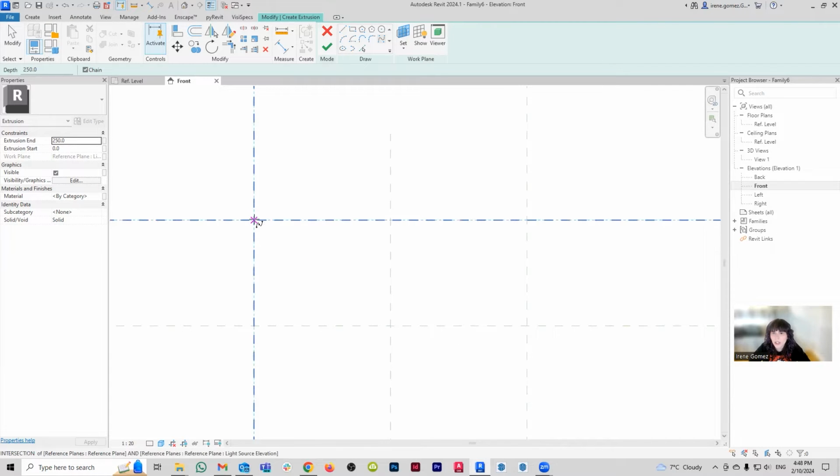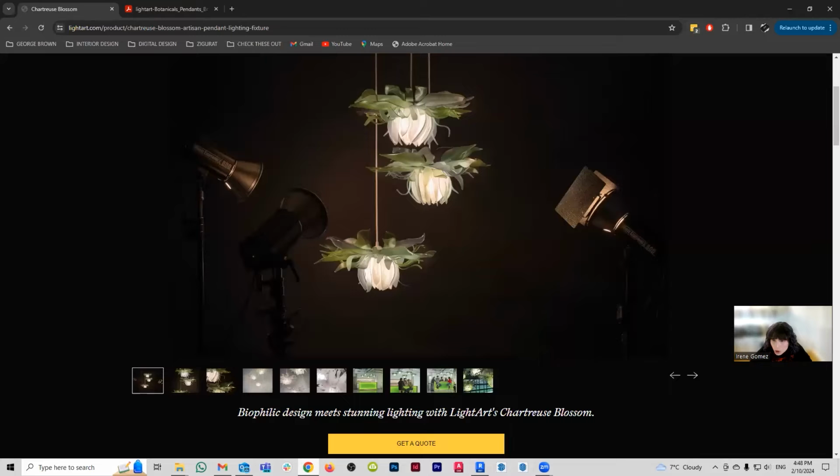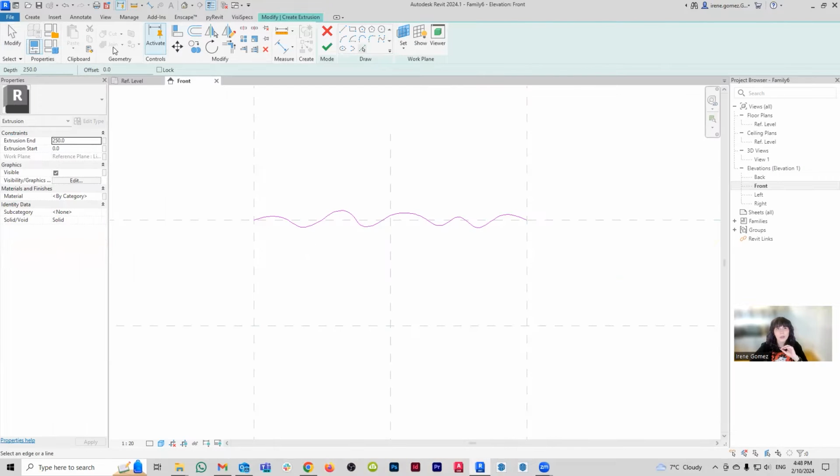So I'm going to go here and let's go above. I'm going to go like this and like that. And again, you can make them as funky wonky as you want them to be. There you go, that's my shape. Now I'm going to use the pick line plus offset option to give them a thickness. Because it's glass, it should be pretty thin, maybe 5 millimeters or 2 millimeters. Let's see, 5 looks pretty thick. Let's do 2 millimeters. Yes, that looks nicer.